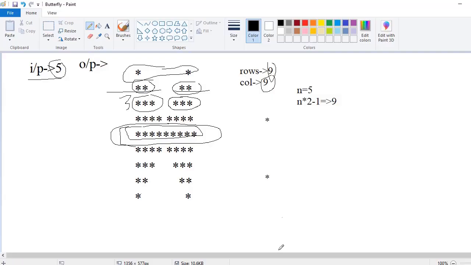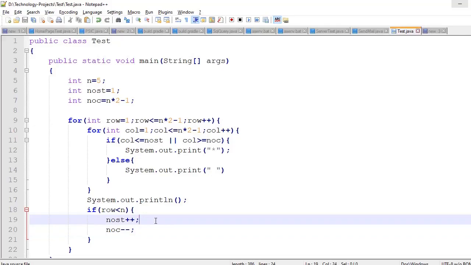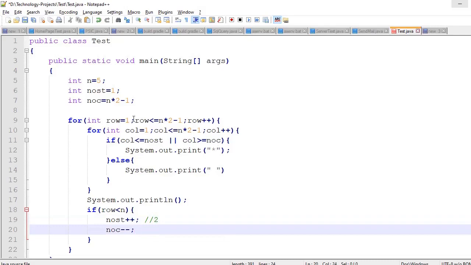So how will 2 stars come? Row equals to 1 means 1 less than n. Number of stars first time is 1. Now number of stars second time is 2 here. Number of columns first time is 9, so here it will be 8. Okay,